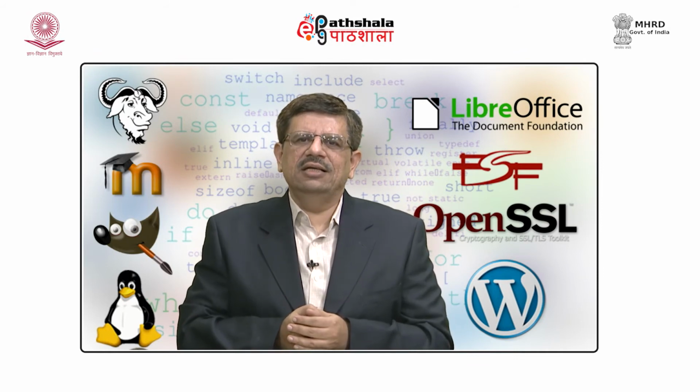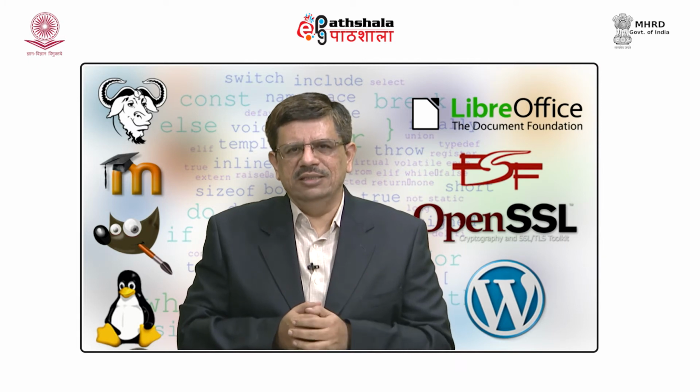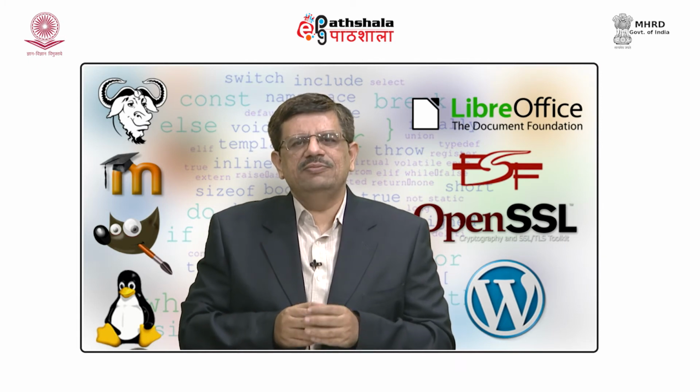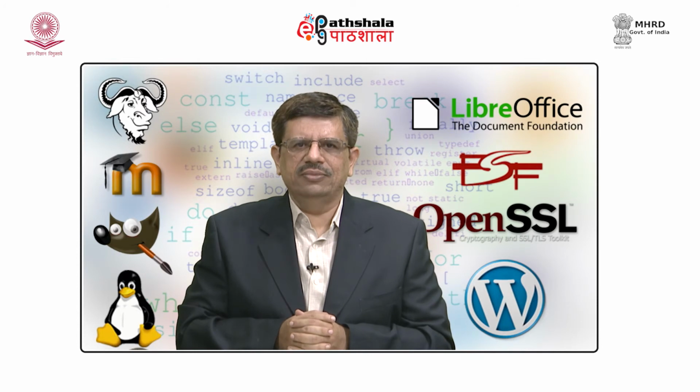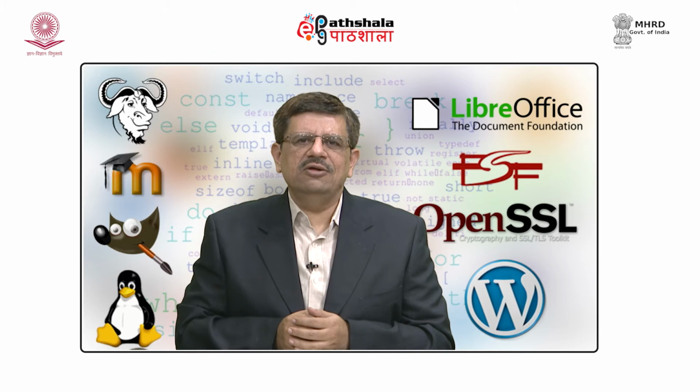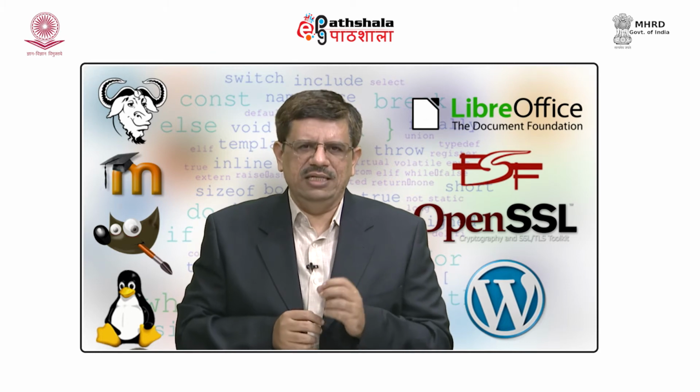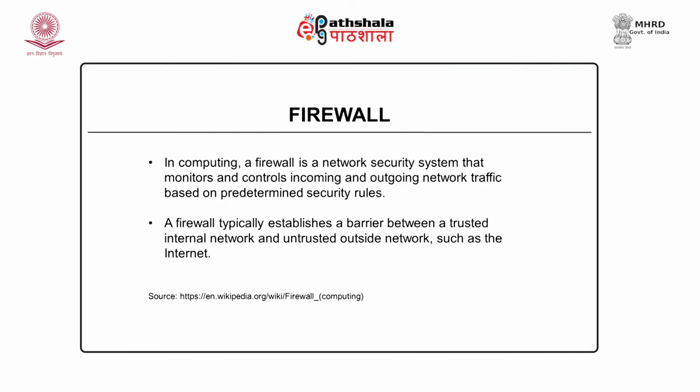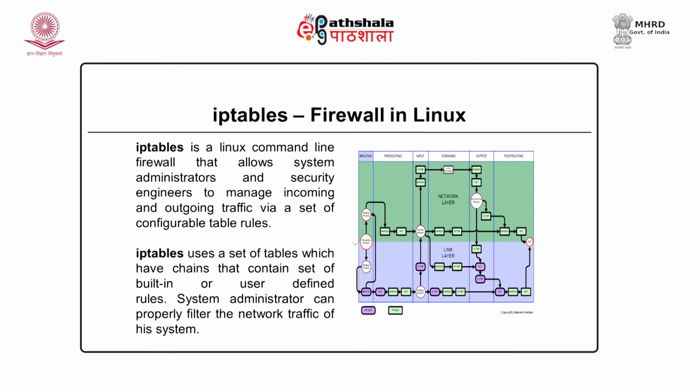Linux has a good firewall, that is IP tables. IP tables is part of the kernel itself. So, let us see what IP tables provides us, and we will also see a few basic commands for IP tables. As you can see on the screen, IP tables is a firewall in Linux. It is a command line interface. So, when we want to modify the rules of IP tables, we will use the command line.